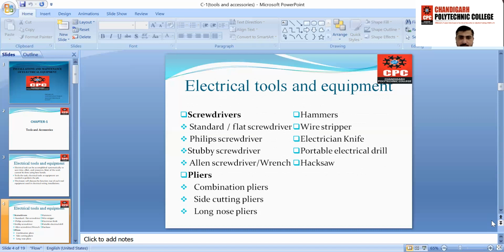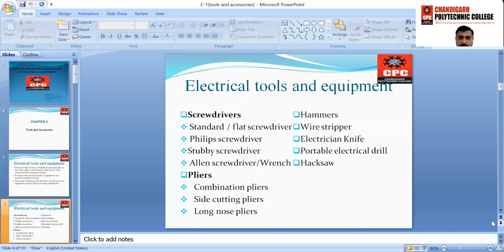And the next are pliers: combination plier and side cutting plier. A combination plier can be used for multiple tasks like cutting, twisting, or bending joints, cables, or wires. In a side cutting plier, there is a cutter in the side neck of the plier.